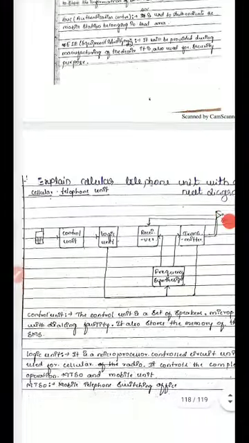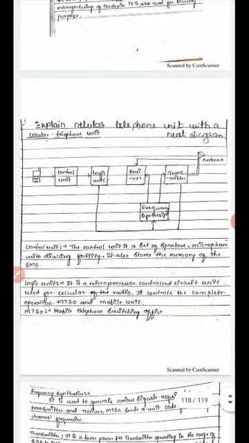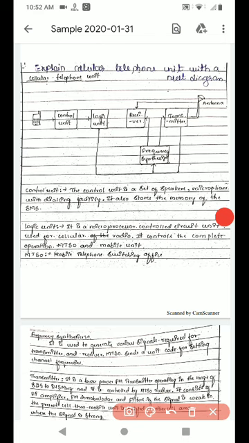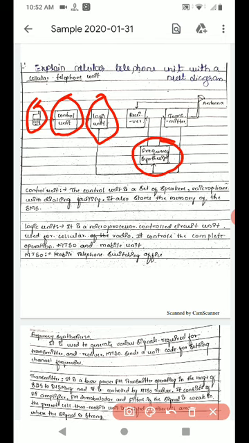And coming to the last one, that is the cellular telephone unit. This is the last part of the fifth module, the cellular telephone unit. Here again it will have different parts. The first one is mobile station, second one is control unit, third logic unit, frequency synthesizer, transmitter, receiver and the antenna. Coming to the first one, mobile station. All of you know the mobile station. The mobile station is nothing but the SIM card and mobile phone. That is your mobile station, which will freely roam from one area to another area.